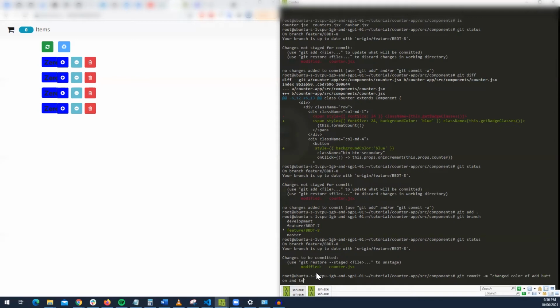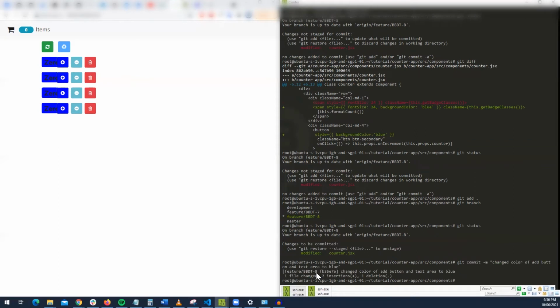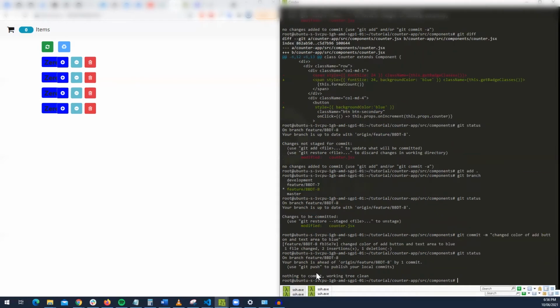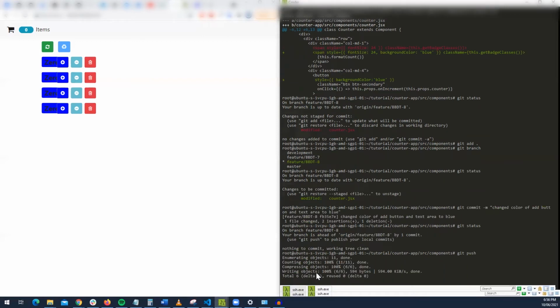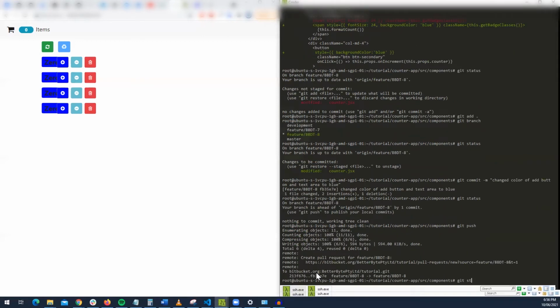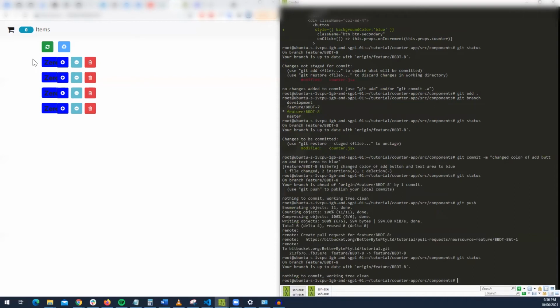Text area. Yeah. So change color of add button and text area to blue. Okay. Git status, git push, git status. Now let's go back to